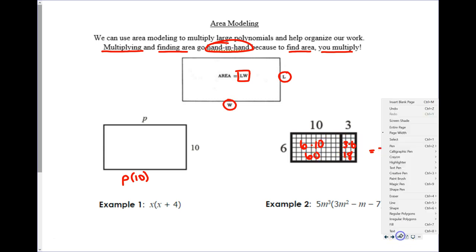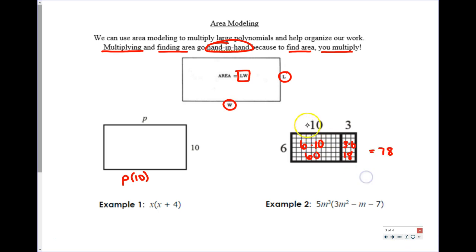But if I look at the top and the side, I've got this guy right here, which is really the same thing as 10 plus 3. That's the total length is 13, and this is 6. So it's the same thing as saying 13 times 6, which is also 78. So we can think of area in two ways. We can think of it as the inside added together, but we can also think of it as the outside